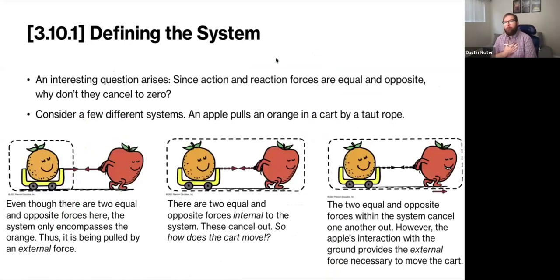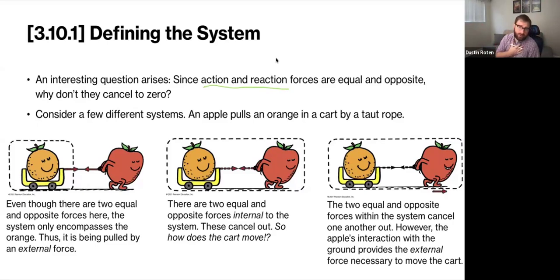Okay, now you might ask the question, since all forces have an action and reaction component, and action and reaction forces are equal and opposite, how come everything doesn't just cancel out with its own action reaction pair, and then nothing in the universe would ever move? So the way to think about that would be how you define your system. So if we consider a couple different systems here,